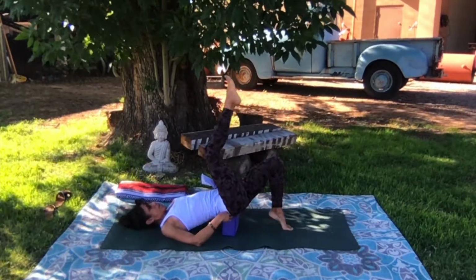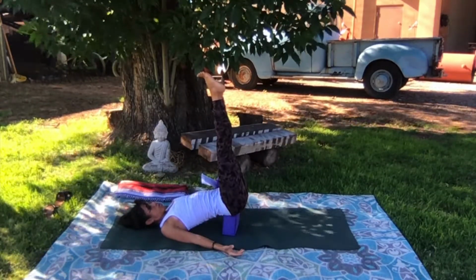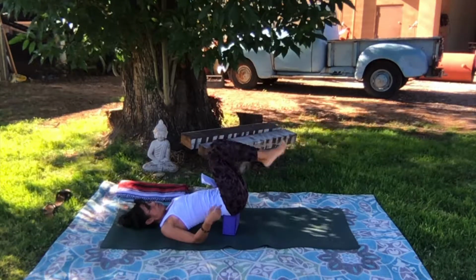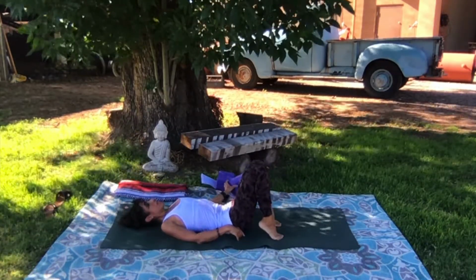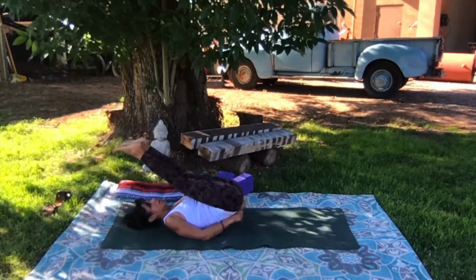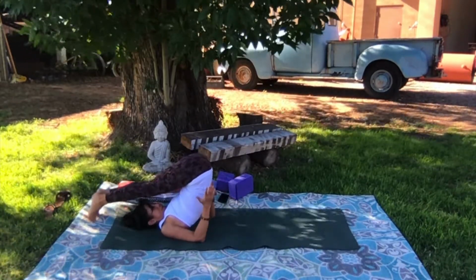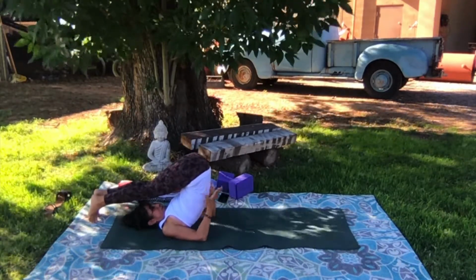Make sure that the block is nice and secure as you lift your legs up. You want to stay pretty secure on the block. You don't have to use the block. You can, if you don't have a block or you would like to just do a shoulder stand without the block, go ahead and lift the legs overhead first into plow pose, putting your hands on your kidneys, and then